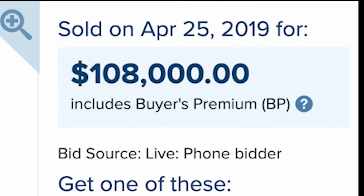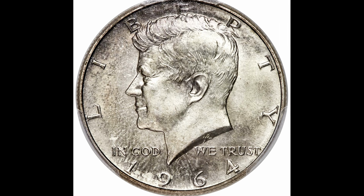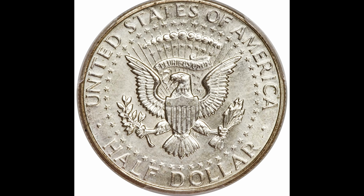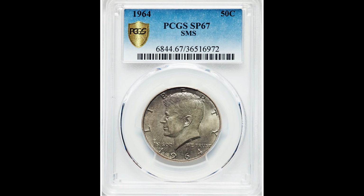$108,000 for this 1964 Kennedy half-dollar coin, graded by PCGS at an SMS 67. Now, to be really brief, a special mint set coin has a different finish on it compared to your normal coin. They're incredibly rare and valuable, and that is why this one sold for